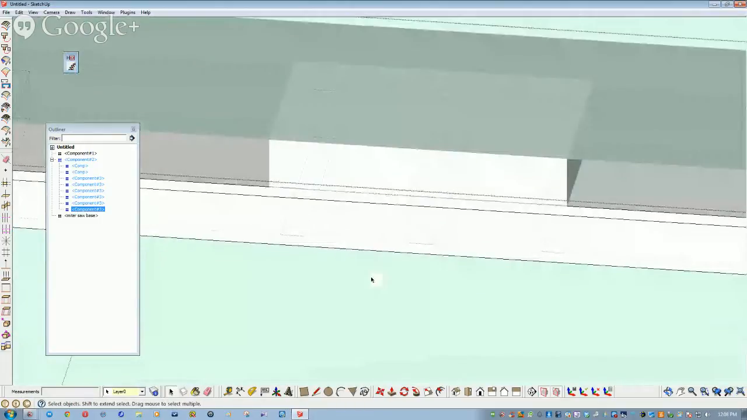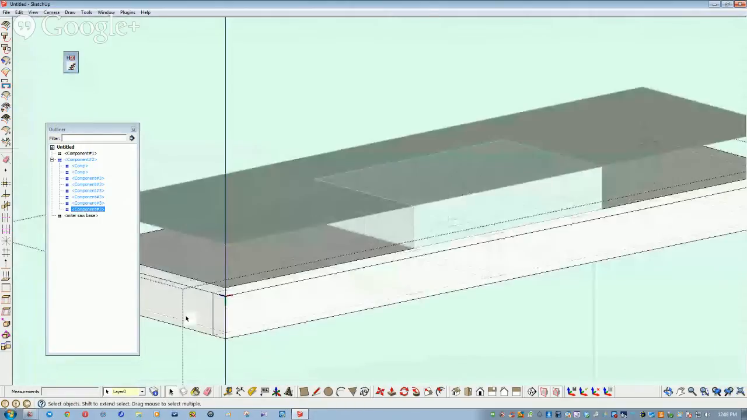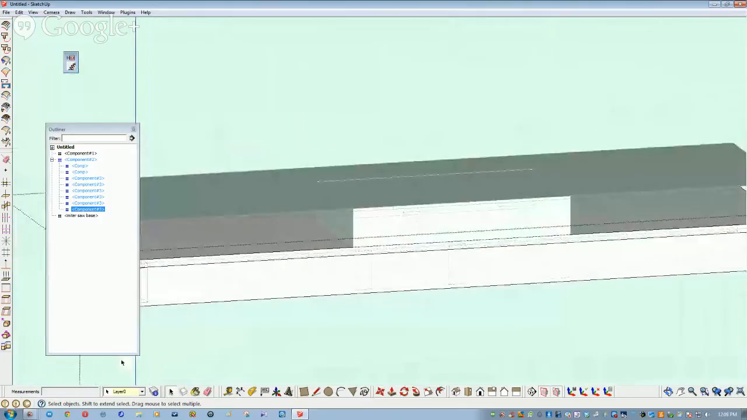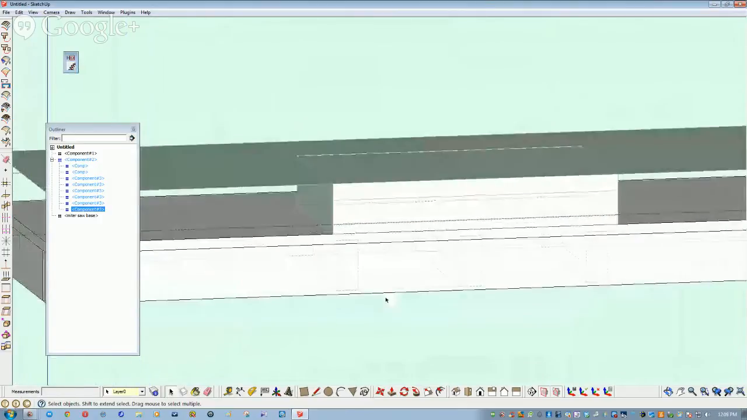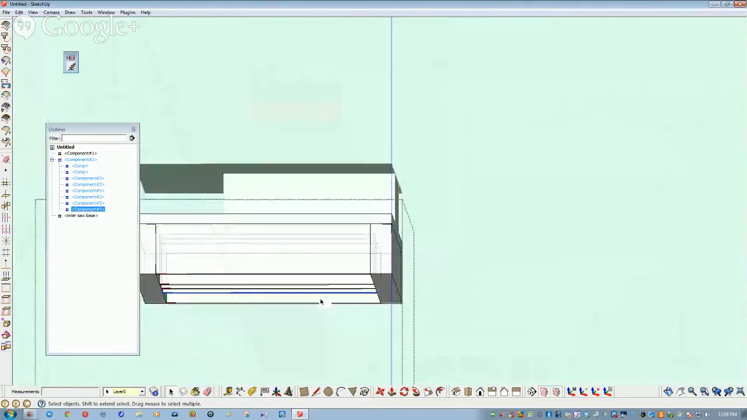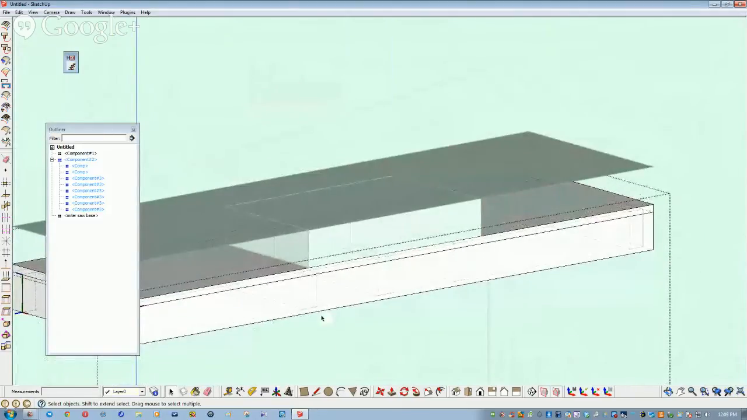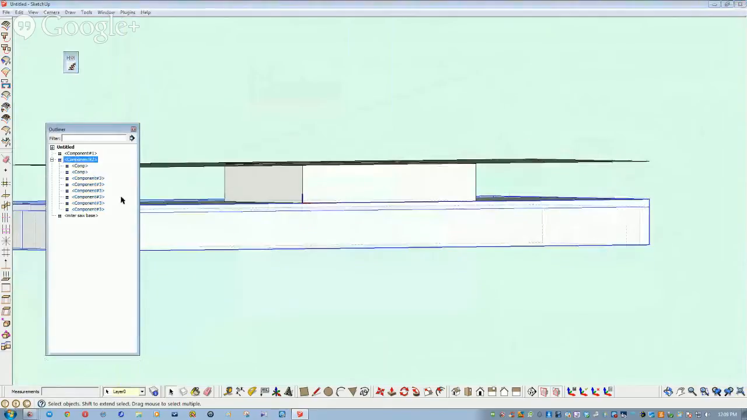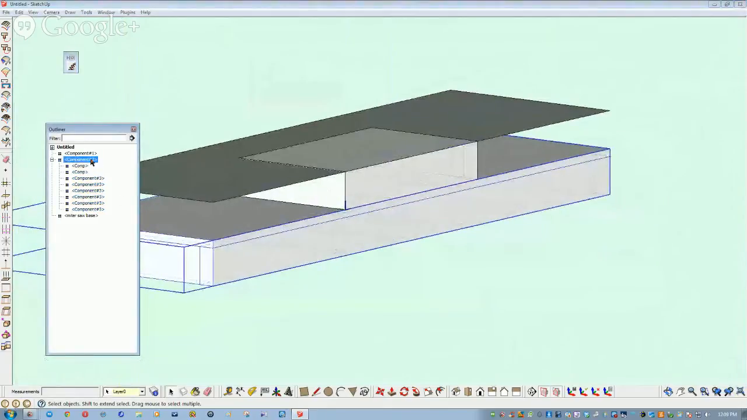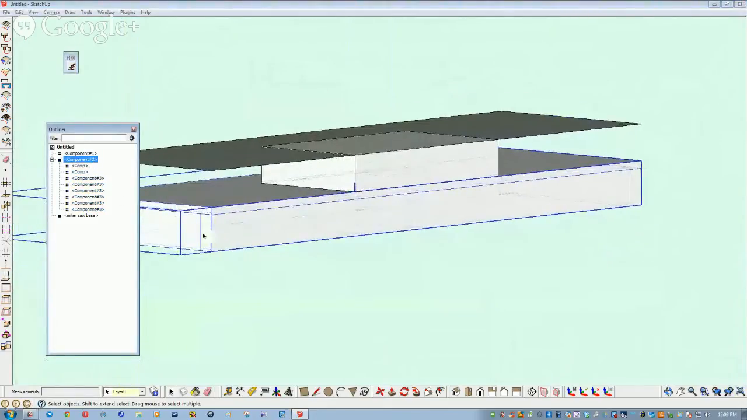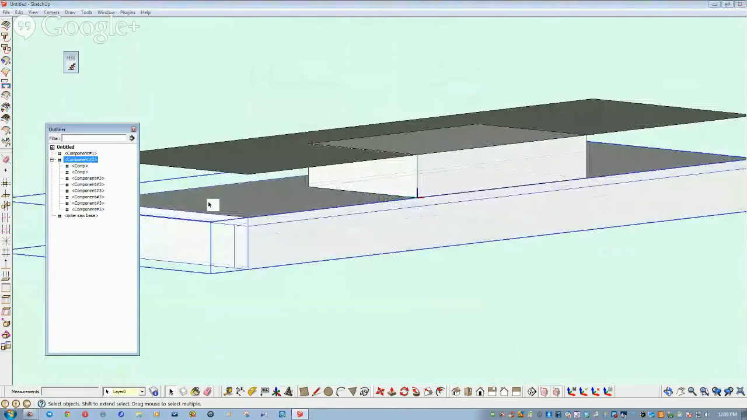Now you can see they're in different spots. It doesn't make any difference because your mounting holes are all going to be different anyway. Now we have a component which really is kind of erroneous, because this component